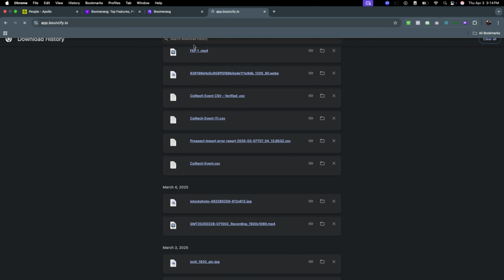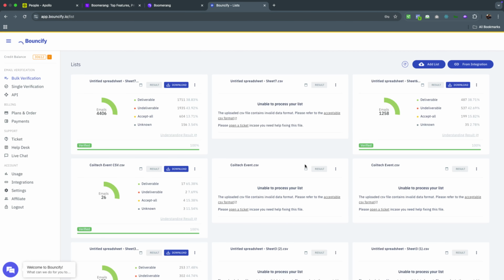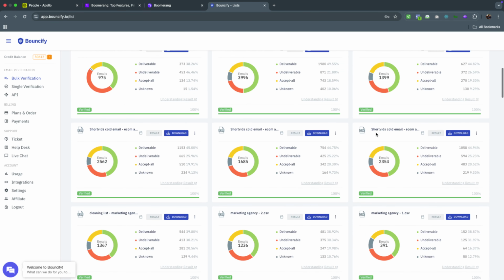Coming back here, you have to go on a site, something like Bounceify. After going on bounceify.co, which is where I went, I'll log in and download a data set. Basically Bounceify is used to verify that data. So we have multiple data sets available here. You could see this.